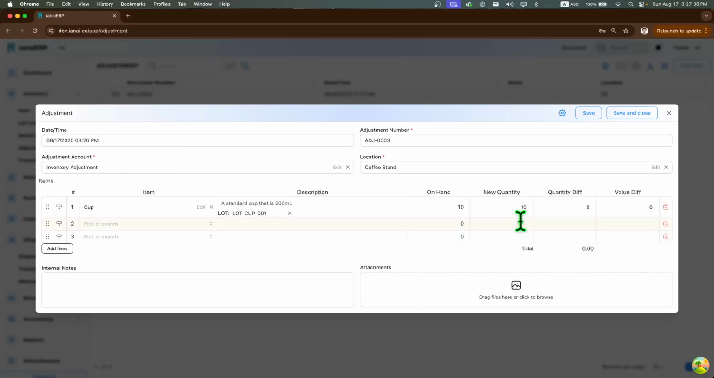So as you can see, while we're preparing, we have an on hand of 10, so that means that we have 10 cups on hand. But now we have received, let's say for example, 190 more cups, which means we now have 200 cups in total. Meaning that the quantity difference is now 190, and the value difference came out to 1900 because,